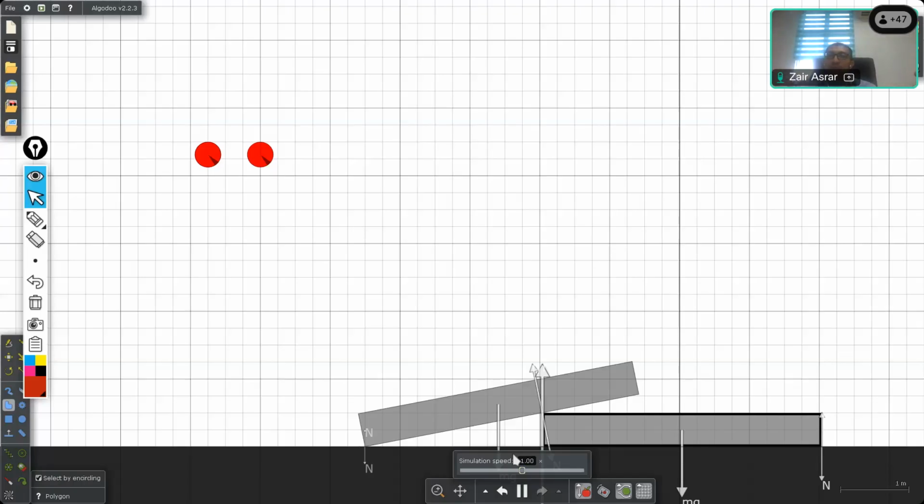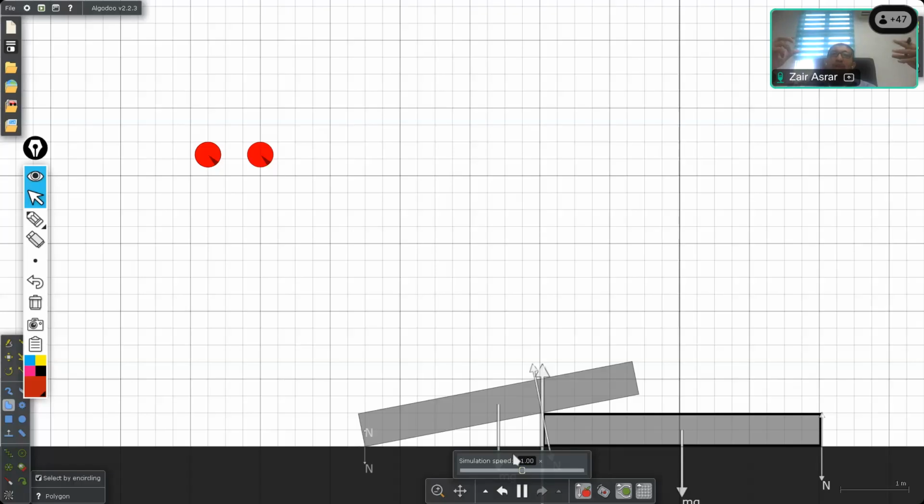Okay, so for equilibrium, the object needs to have summation of force equal to 0 so that it will not move in a linear motion, and the summation of moment should also be equal to 0 so that the object is not rotating. The object needs to fulfill these two requirements, and that particular object needs to be a rigid body.